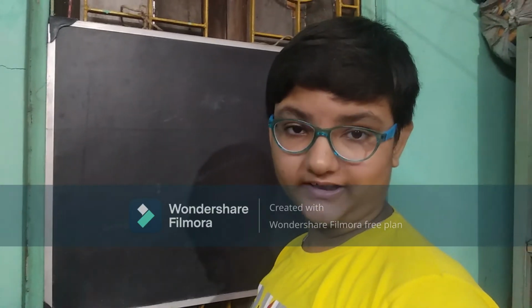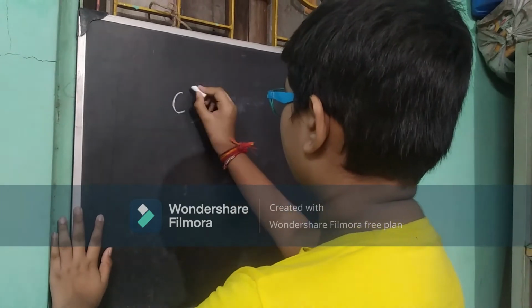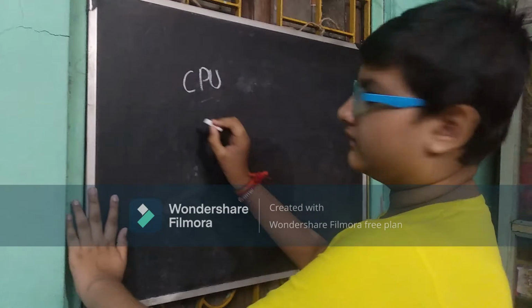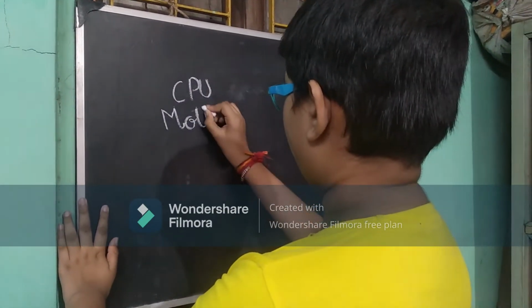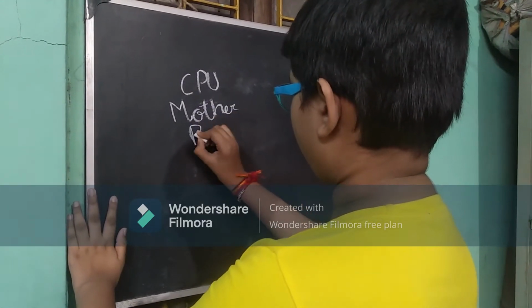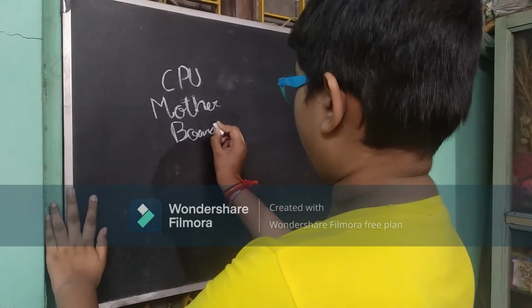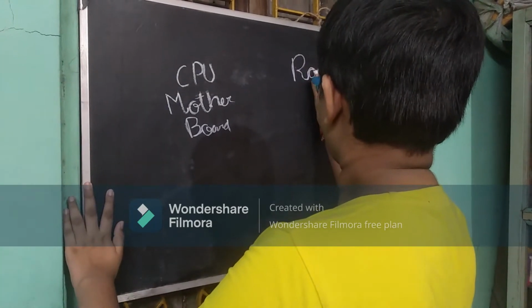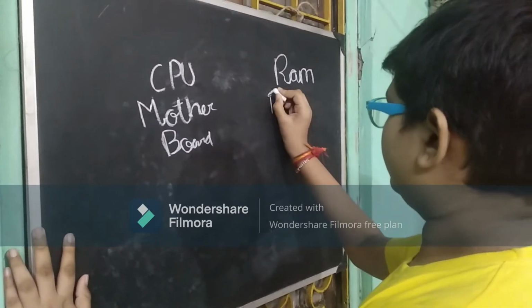The components through which this booting is done are the CPU, then the motherboard, RAM, and power supply.